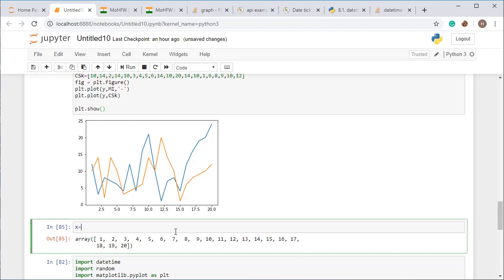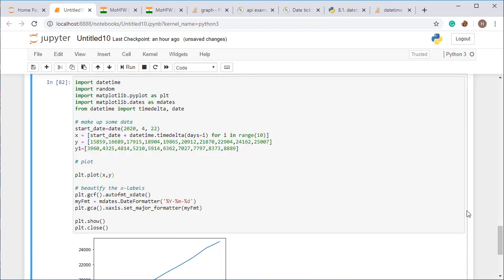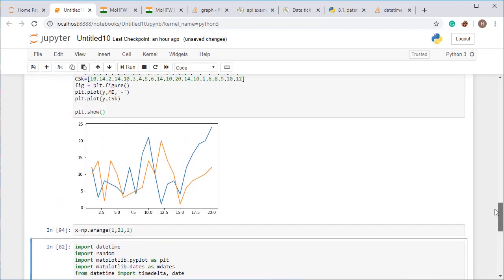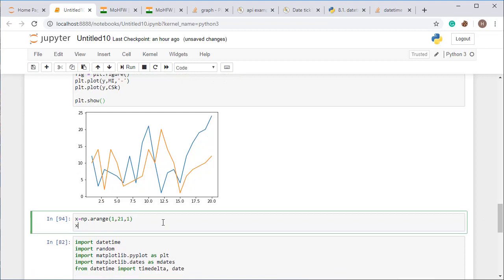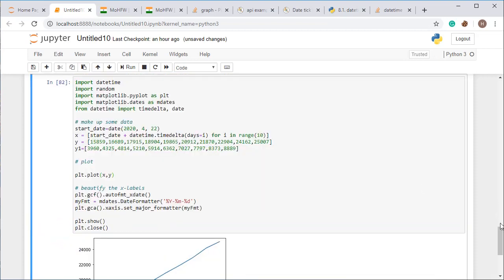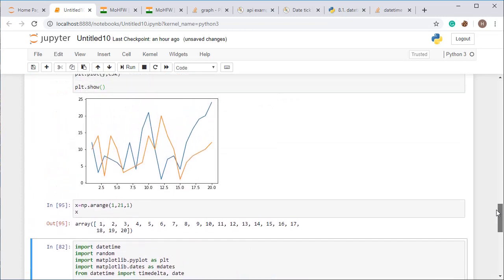So I'm taking x-axis as np.arange and just creating first over to 21 over with a linear space, I want a difference of 1. So if I'm going to print x, then I'm going to get the values like this. All right, I've got all the values.